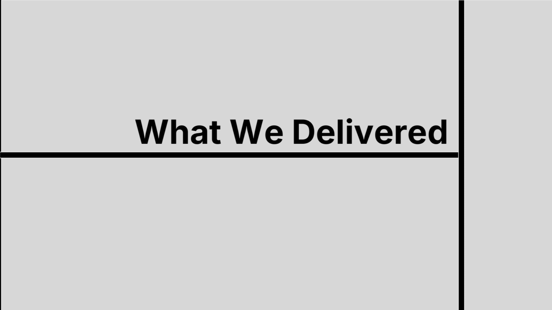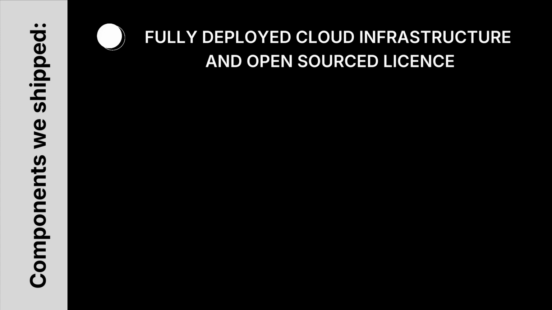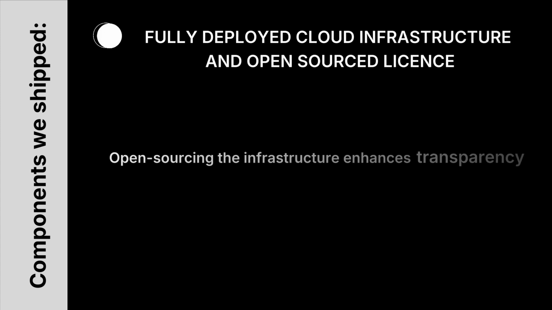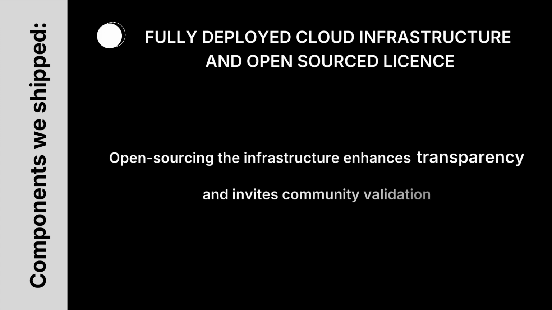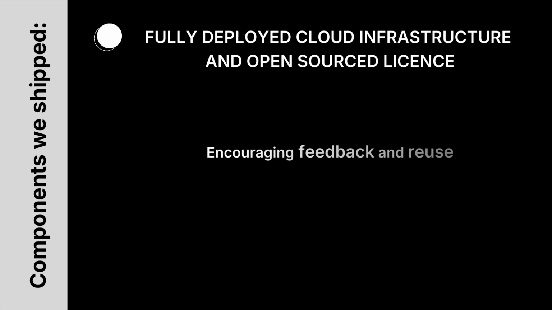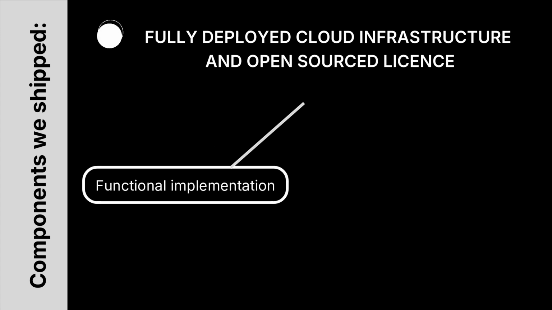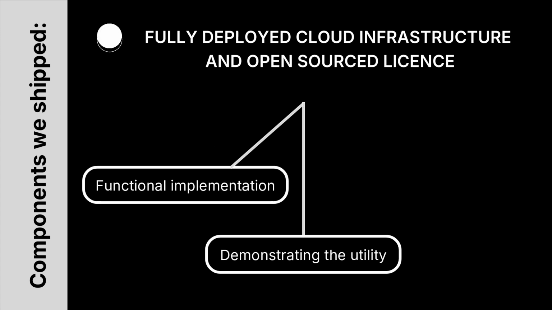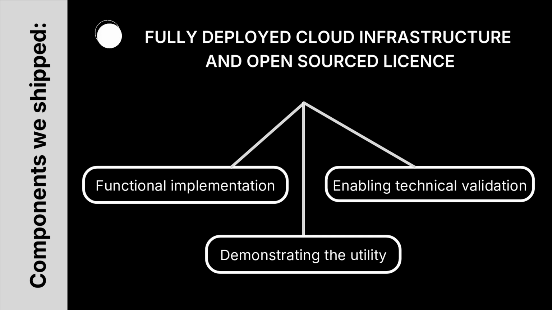So, what did we actually build? Here's a quick look at the core components we shipped. Fully deployed cloud infrastructure and open source license. Open sourcing the infrastructure enhances transparency and invites community validation, encouraging feedback and reuse. This deliverable shows functional implementation of a core feature, demonstrating the utility of the concept and enabling technical validation through